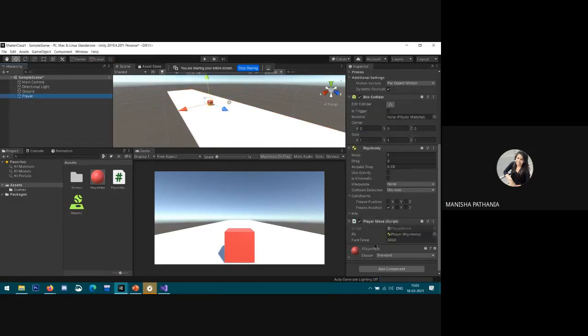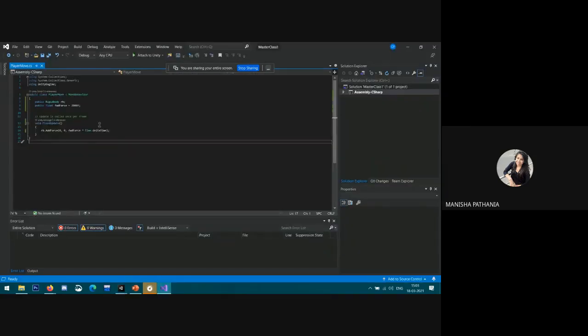Here you can see a forward force. You can also change it manually, you can set it to 1000 also. Okay, go to the script again. It looks fine now.